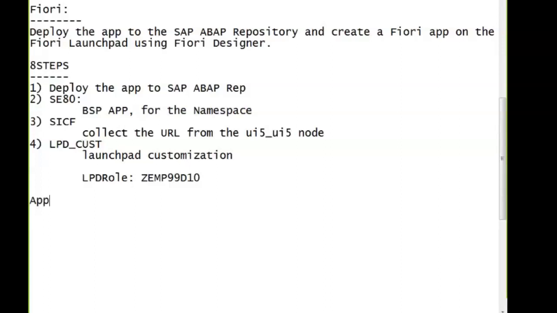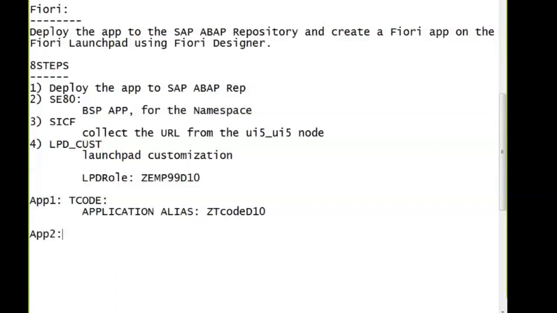So let us have one application, a T code application. Every application is identified by an application alias. Let us say the T code number 10.